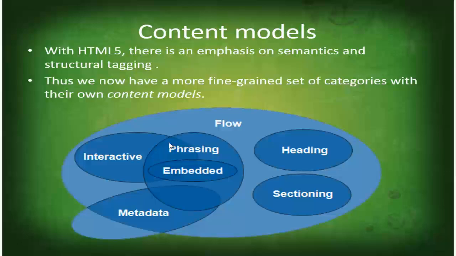Most of them come inside a model called flow, except some in the meta, which does not come inside the flow. Otherwise, almost all types of content belong to flow. So let's look at each one of them. We have flow, meta, phrasing, interactive, embedded, heading, and section. I'll go into each one of them, and in the lab we are going to apply them